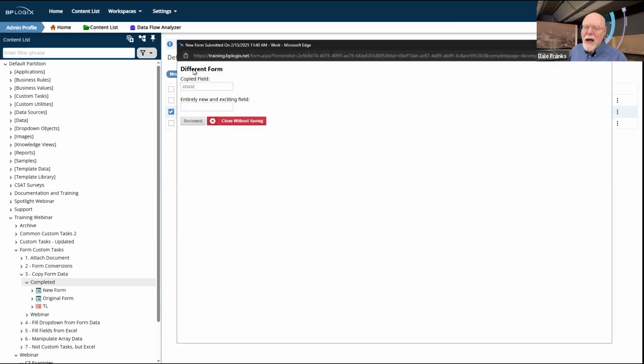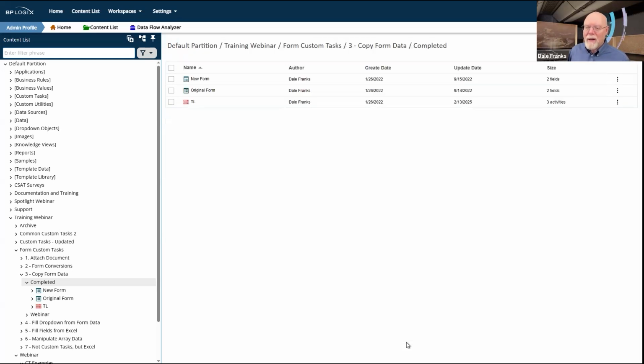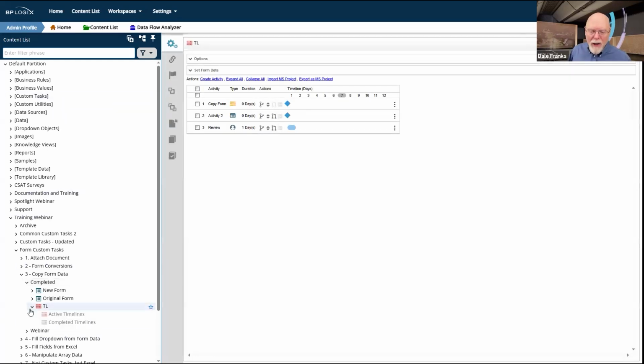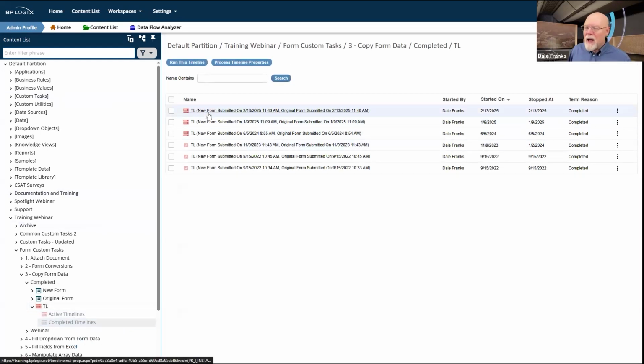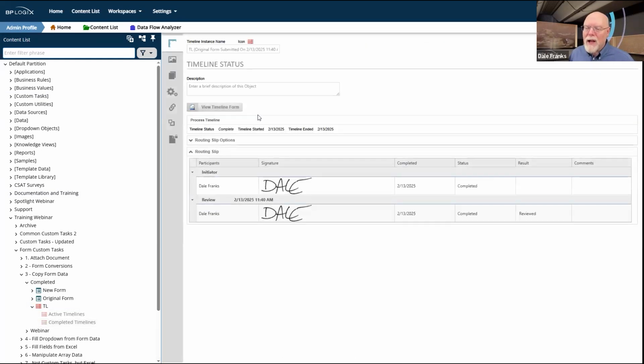And as you can see now, I am looking at a different form, and I still have my copied field ZZZZZ there, and I have this entirely new and exciting field that I can toss up there. Now if we go into our timeline and look at our completed timelines, I have this one that I just completed, and we can open up the properties for this timeline instance.